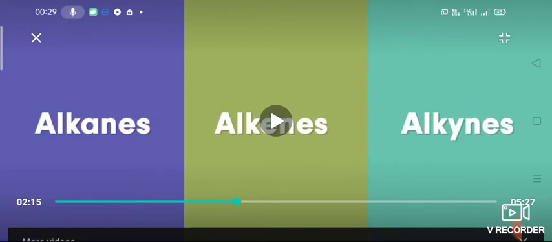Actually, nomenclature means naming the compound. For one compound, we have to give the name. So according to the name only, we will call those compounds. How to name the compound is not covered here, because in your syllabus they have reduced it. In your textbook, it is given. You can go through it, and I will also explain that.